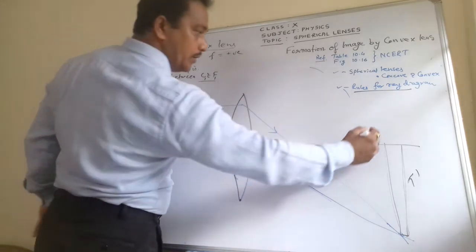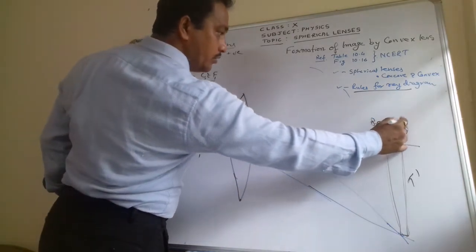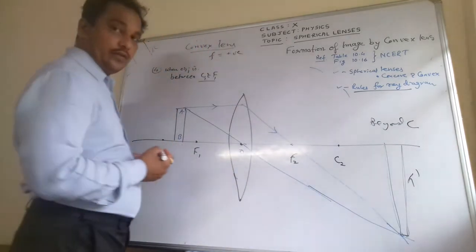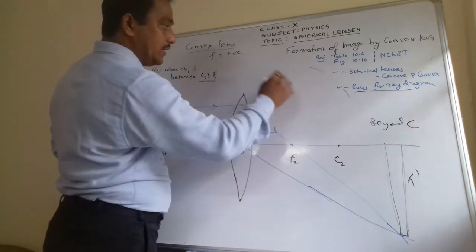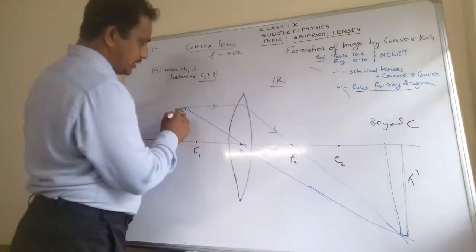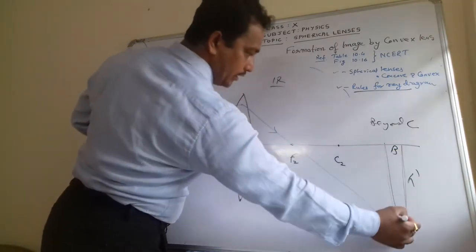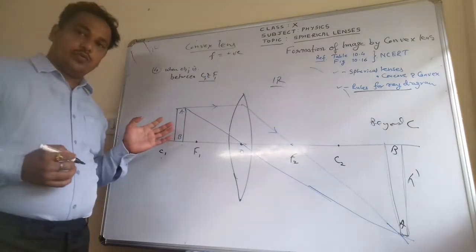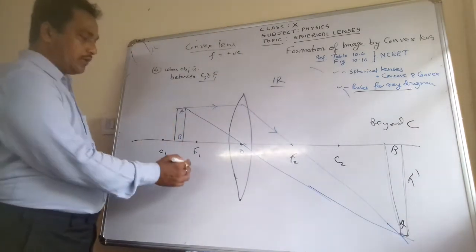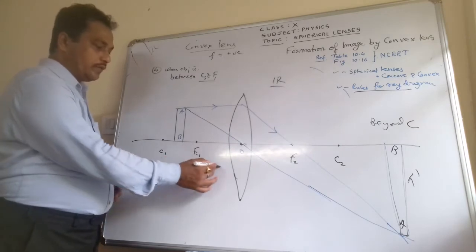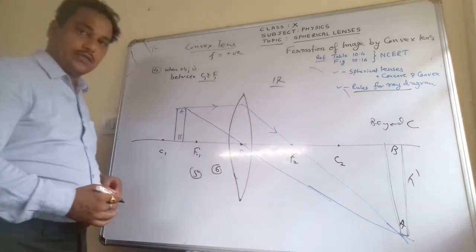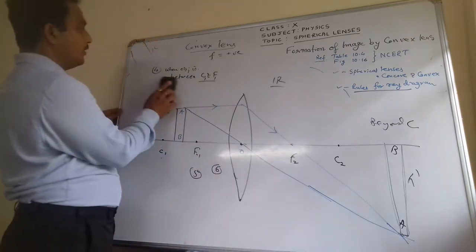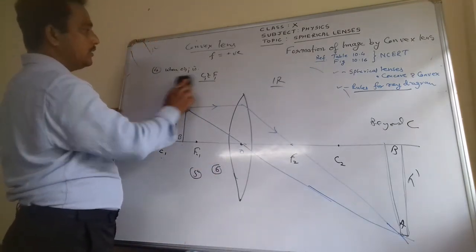Image is formed beyond C, B-E-Y-O-N-D, beyond C, and the nature of the image will be inverted and real. So as you can see, AB will become B and A, upside down, right? Hope it is clear to you, all the four cases. Now the fifth case we will reach at the focus, and after that, between focus and optic center. Let's see that also. Now the object is at F.